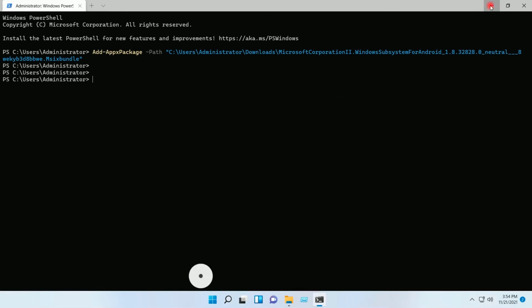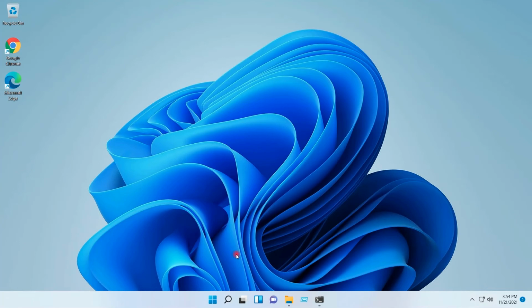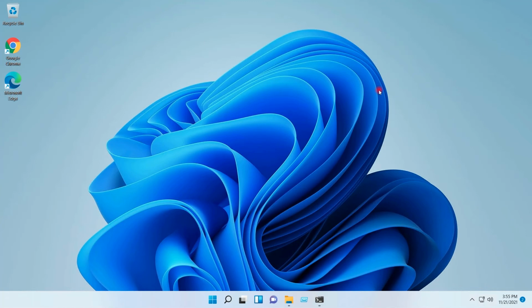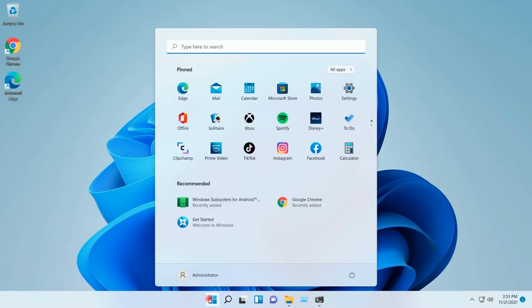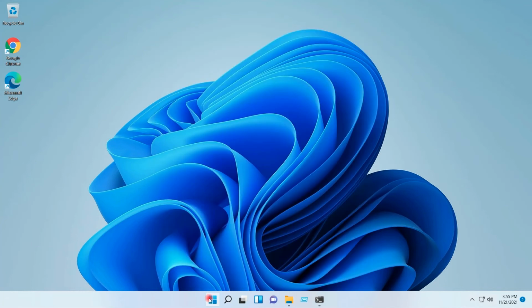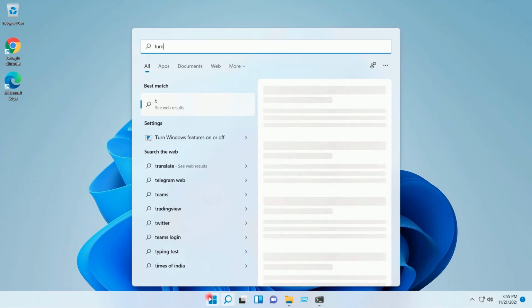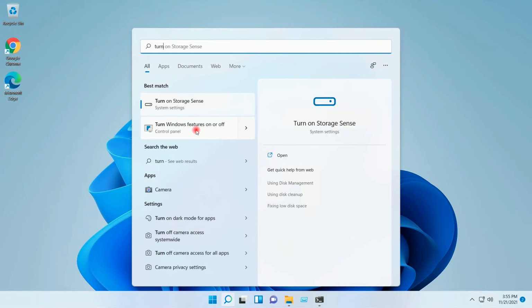I will minimize the PowerShell terminal and go to start. You can see here Windows Subsystem for Android is present. I will again go to start and go to Turn Windows features on or off.